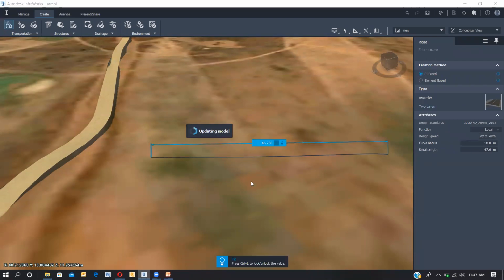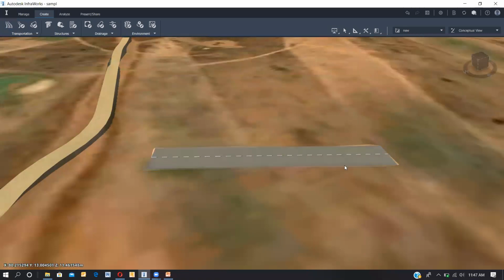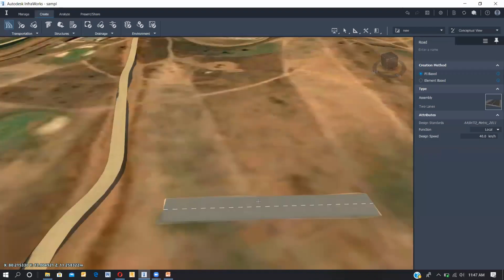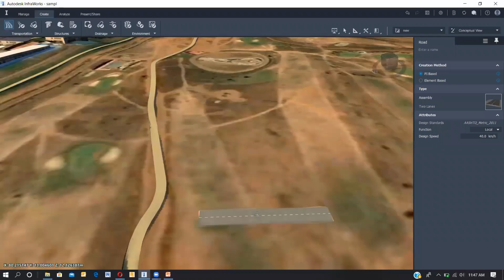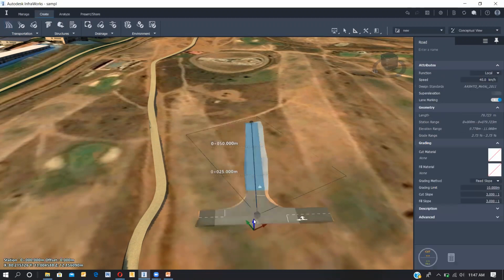Now if you see, I'm going to make a road in this. Now we have made a road in the vertical manner. I'm going to make a road in these lanes. So I'm selecting from here, and I am ending it here. You can see how intelligent InfraWorks is. It will be making the intersections as it is.